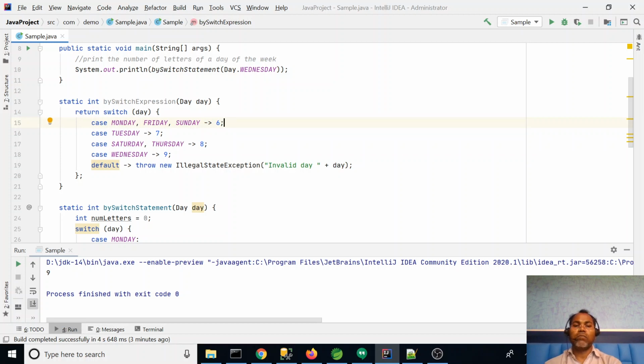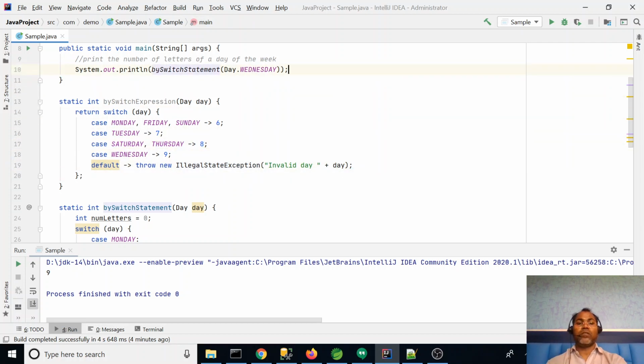Once a case with arrow is evaluated, no other case will go into evaluation. So you don't need to write any break statement, and you don't need to write return. It automatically returns this value.